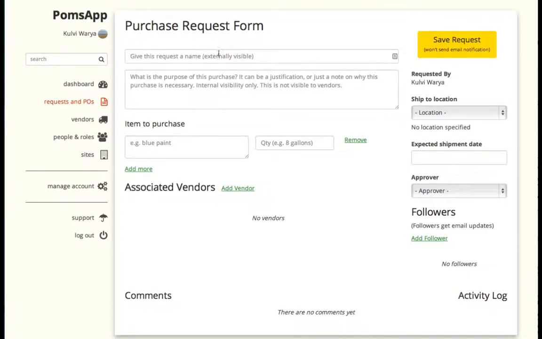Now see this. Give this request a name. It's externally visible. Note that this can be viewed by vendors, so be careful what you put there. So here we say office supplies for the new project at